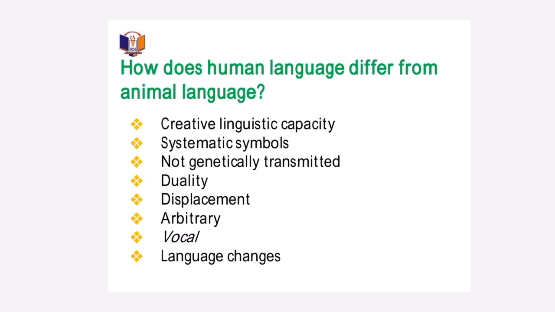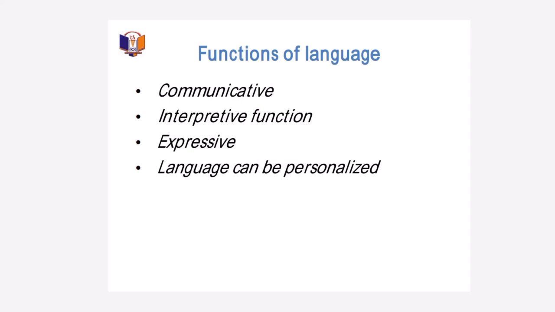We equally say that human languages do what? Change. Human languages change. The kind of Igbo grammar we use today wasn't the type that was being used 100 years ago. It changes because of the society and the environment we find ourselves in. As there is technological advancement, some sounds, some words drop off, some words become obsolete, while others are introduced into the language. Okay, these are some of the differences we have between animal communication and human language.